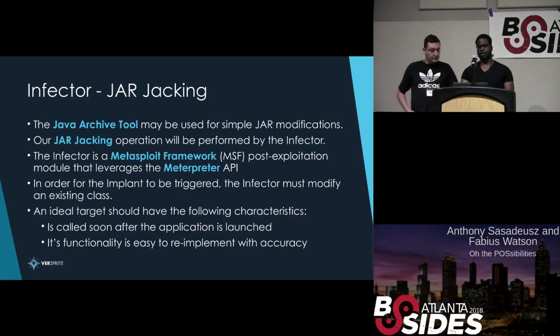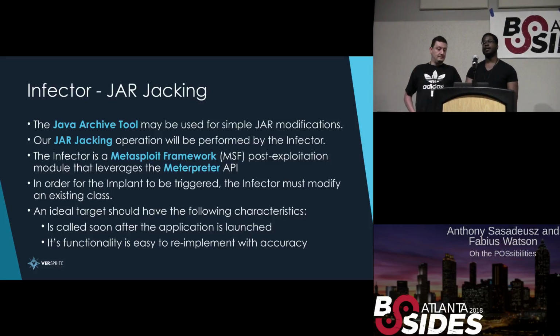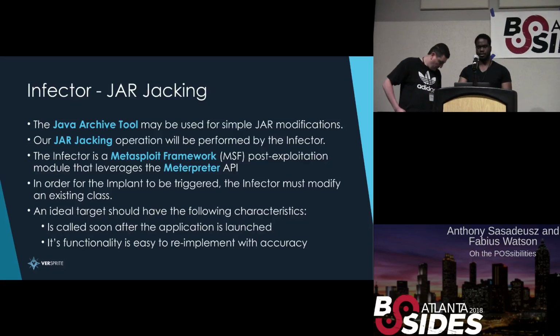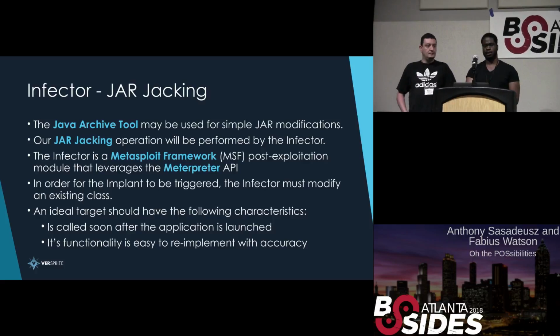Now, in order for the Infector to be built, we used Ruby and built it with Metasploit as a post-exploitation module. The way it works is it picks a class within the jar file and replaces it with a modified version that triggers our implant code as well as performs its original operation. To choose an ideal target class to inject, it had to meet two requirements. The first is that it had to be launched relatively soon, so that our implant is launched soon. And secondly, it needs to be able to be re-implemented with accuracy because we didn't want to change the functionality